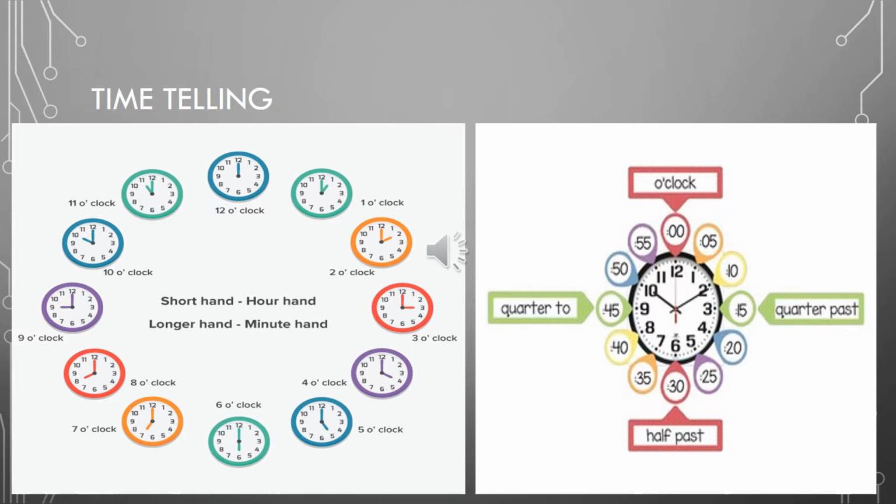Now see, what do these tiny lines tell you about? These tiny lines are minutes. Minutes lines. And this tiny stick, what is it going to tell you about? It is going to tell you about seconds. 60 seconds are equal to how many minutes? Equal to 1 minute. We are going to learn about it on our next slide. So I want to explain the clock on this slide.